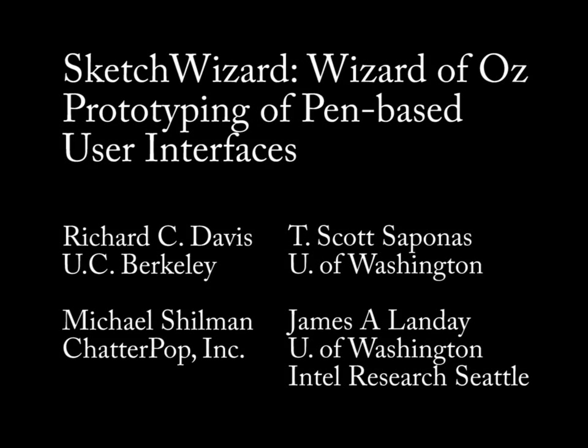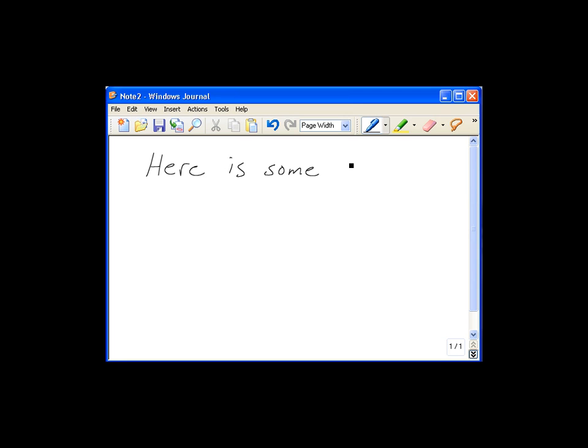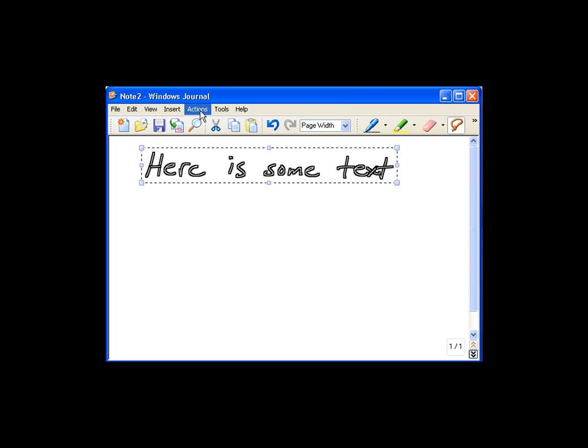SketchWizard is a tool for building early-stage Wizard of Oz prototypes of pen-based user interfaces. These prototypes enable more design iteration and earlier end-user feedback through simulation of system behavior before a working system has been implemented. Pen-based user interfaces are difficult to prototype because of their dependence on technologies such as handwriting recognizers, as